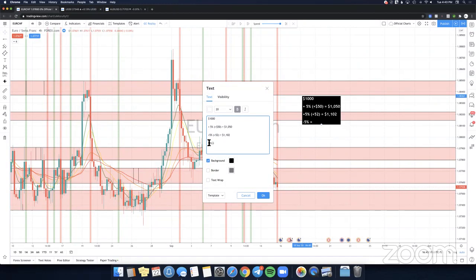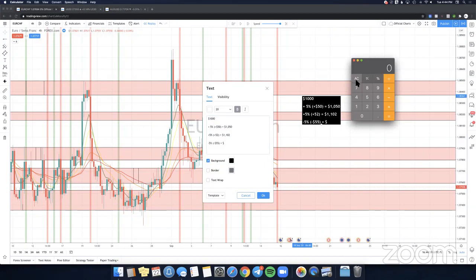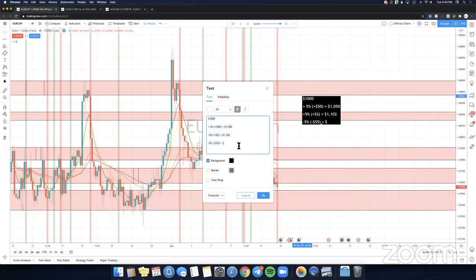And then a loss right here would be negative 55. And then 1,102 minus 55 would be